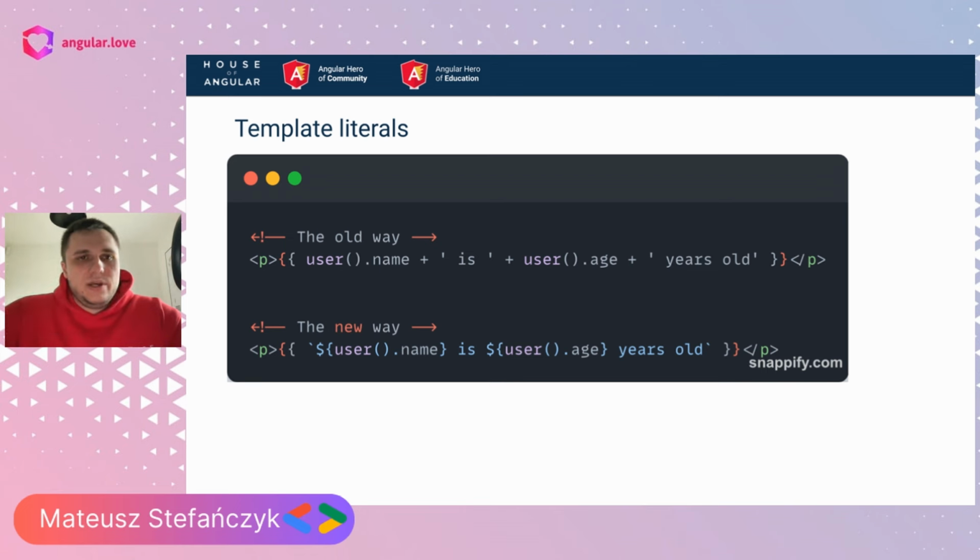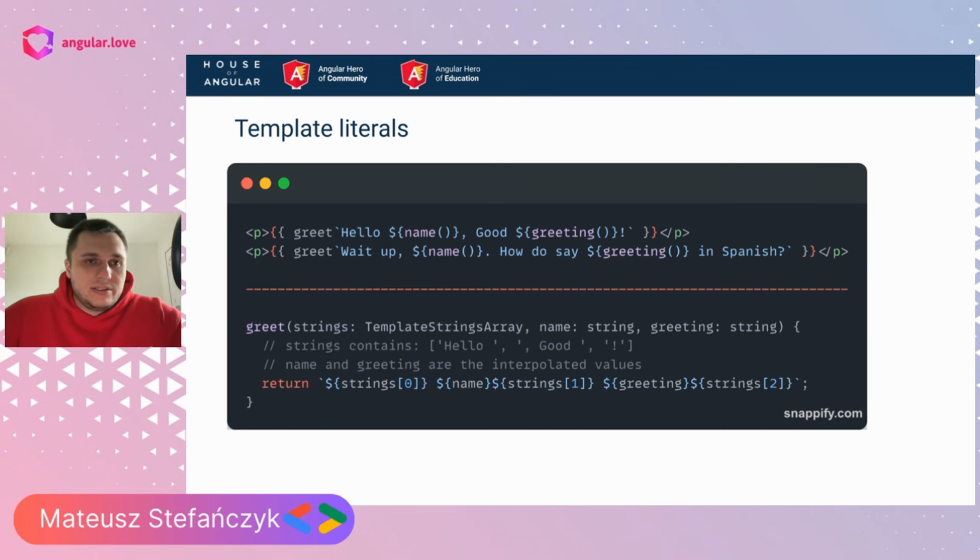But there is something extra in terms of template literals. There are tagged template literals. And what are tagged template literals? These are options which we utilize to execute over our template literals. So as you can see, I have defined a method which is called greet. And this method is executed in the template. So we can see that we call this method pretty differently from casual methods, because we put it in front of our template literal,